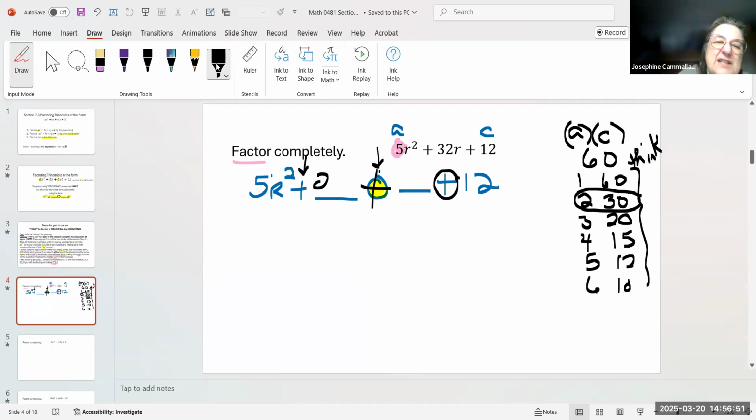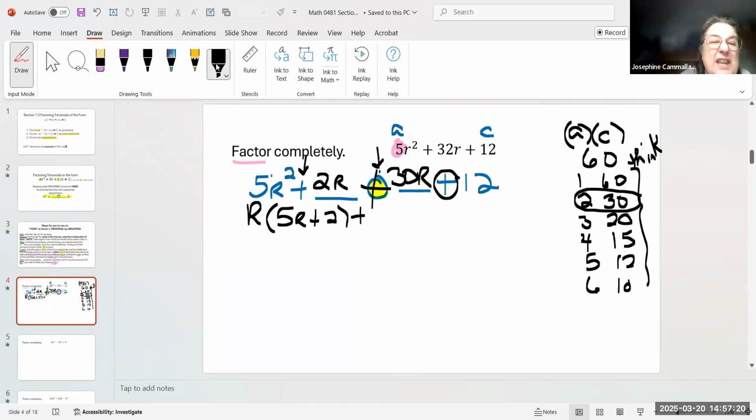That means this is 2r, this is 30r. Now, could I have put 30 in the first blank? Sure. But when the signs are the same, it doesn't matter where you put those two numbers. And then we group. We're going to take an r out. That will give me 5r plus 2